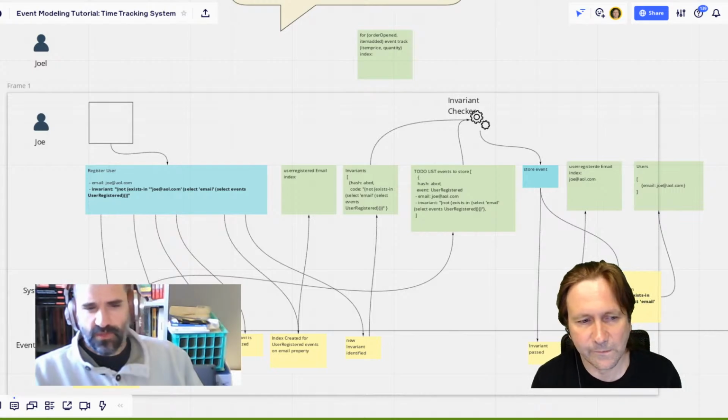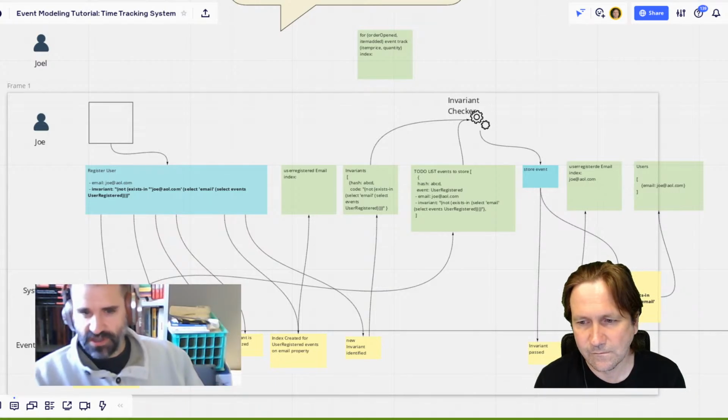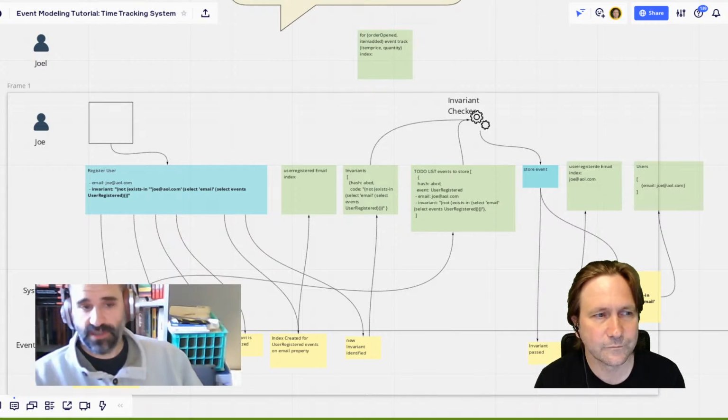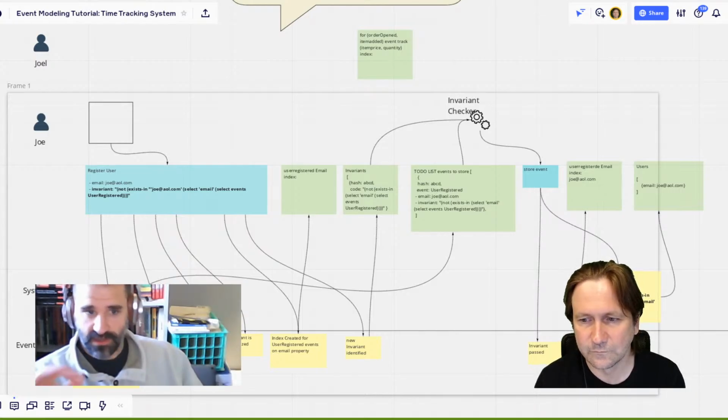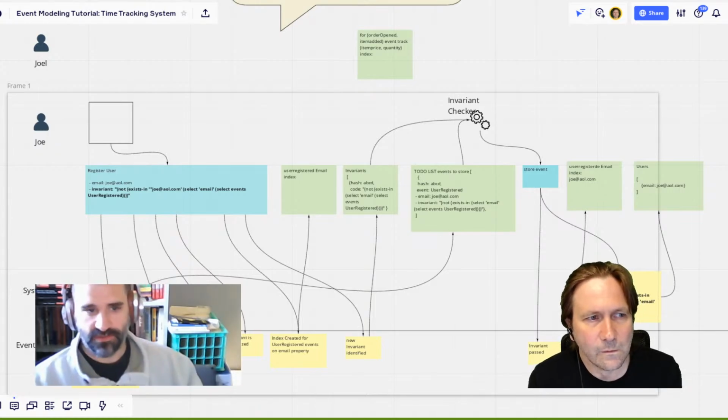Right, because then you could actually take this. Now this invariant checker, that's actually executing the invariant. So even if we did say, hey, we're going to change invariants, the invariant checker really doesn't change. It's the actual implementation of that invariant if your registered user actually changed those invariants.